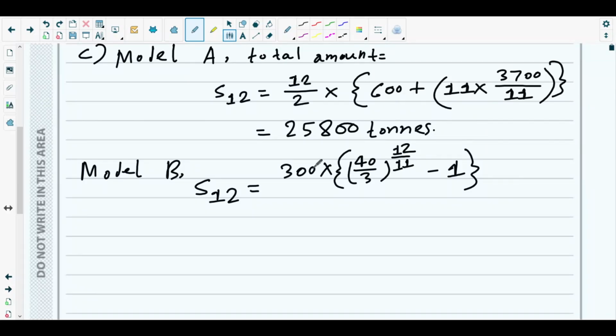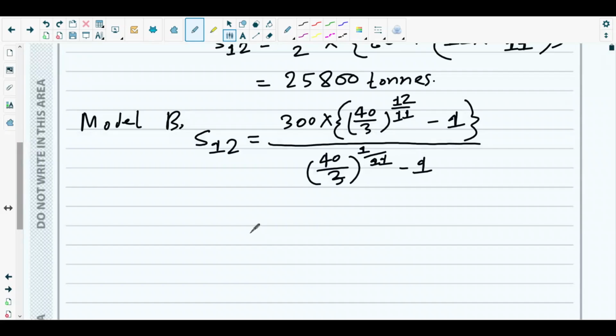I consider the power directly with the power of 40 over 3, the common ratio, over r, which is 40 over 3 to the power 1 over 11 minus 1. So what would be the sum of the first 12 terms? It will be what? 40 over 3 to the power what? 12 over 11